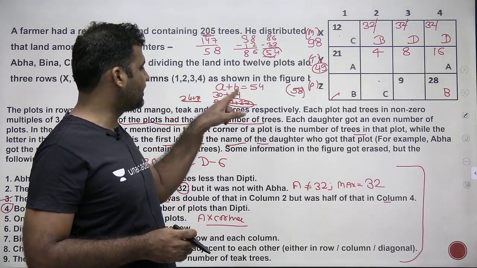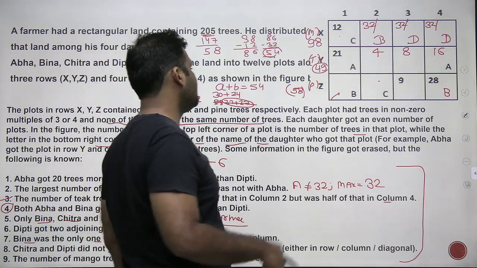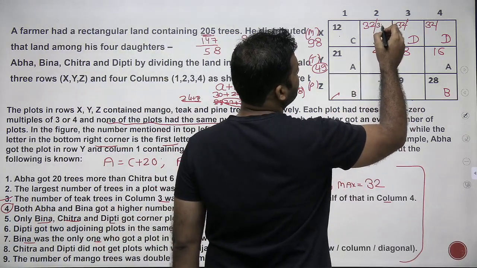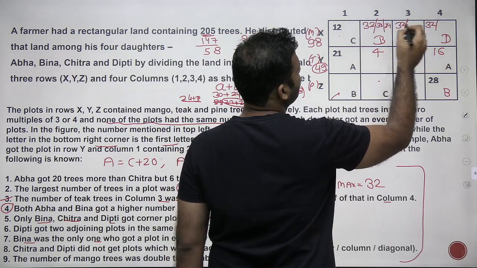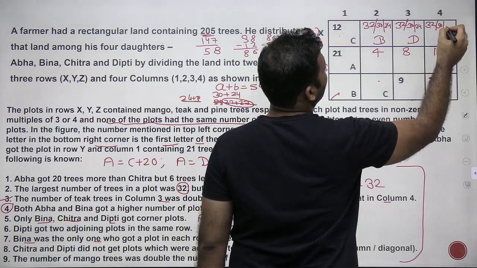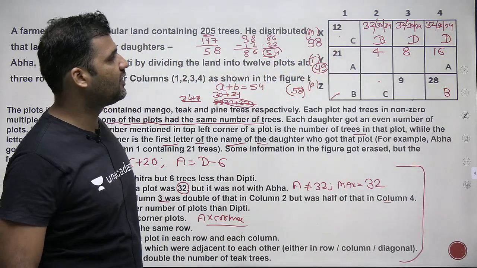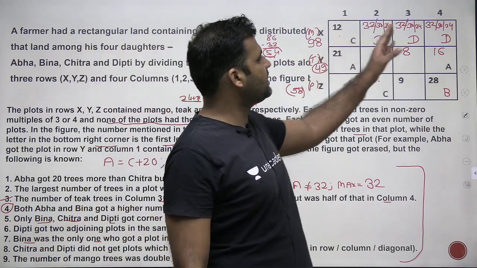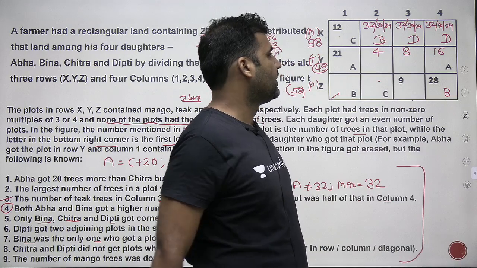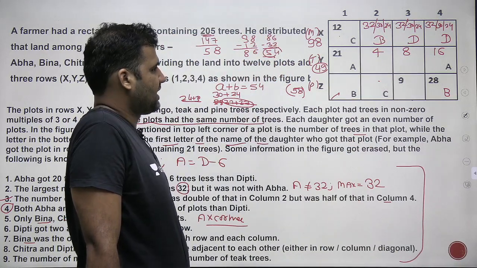We are already discussing the case of 24 and 30. So the rest of the two values will definitely be 24 and 30, right? So these three cells will be having the trees as 32, 30 and 24. But at this point of time, I do not know which cell will be having 32, which cell will be having 30, and which cell will be having 24. But one of these cells is definitely 32, 30 or 24. So that's the point here.